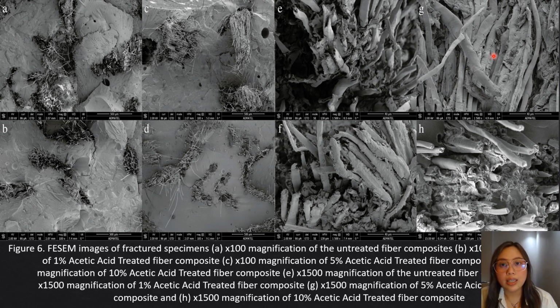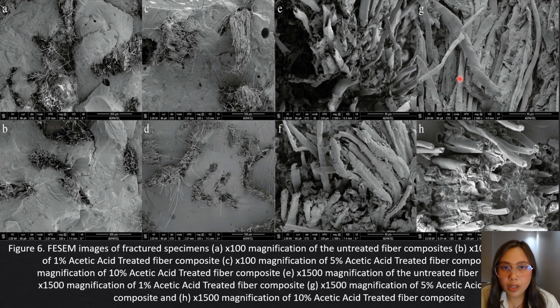We can also see that there are fibers that were left and not cut off, as we can see here, which indicates that there's additional resistance of the fiber caused by the good penetration of the epoxy polymer into the fiber and also by the toughness of the fiber. It can also be seen that the bundles of the fiber are denser compared to other concentrations.